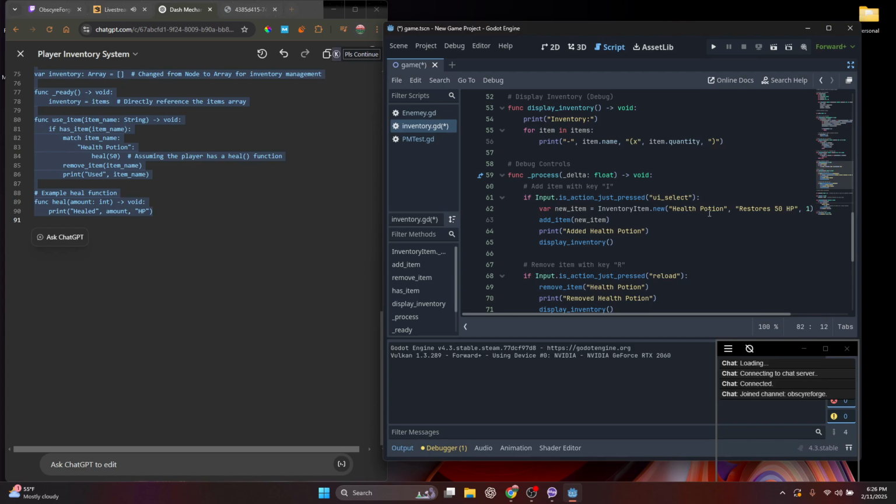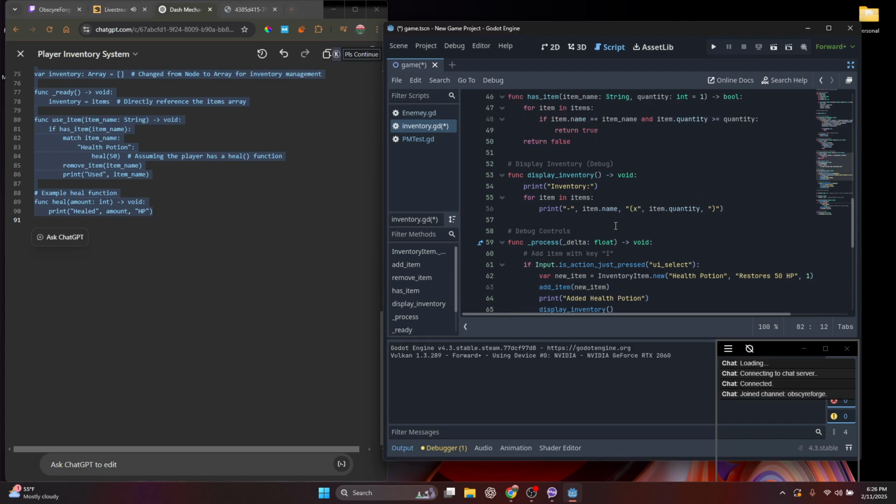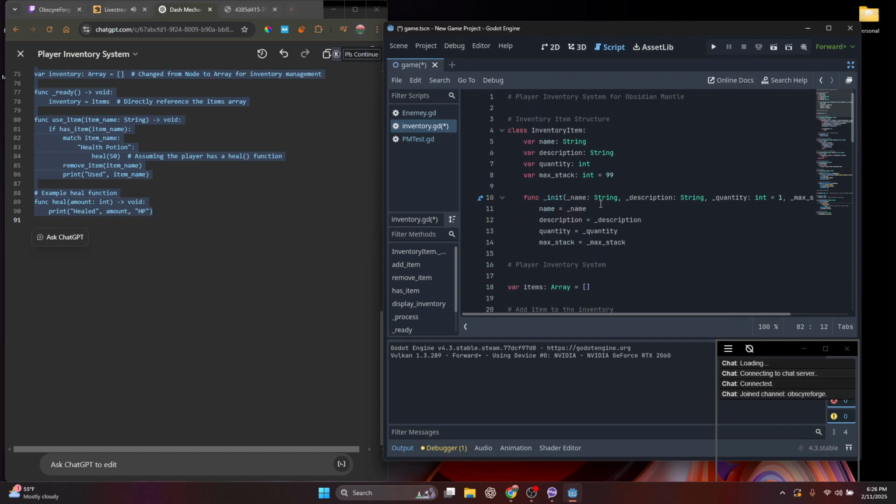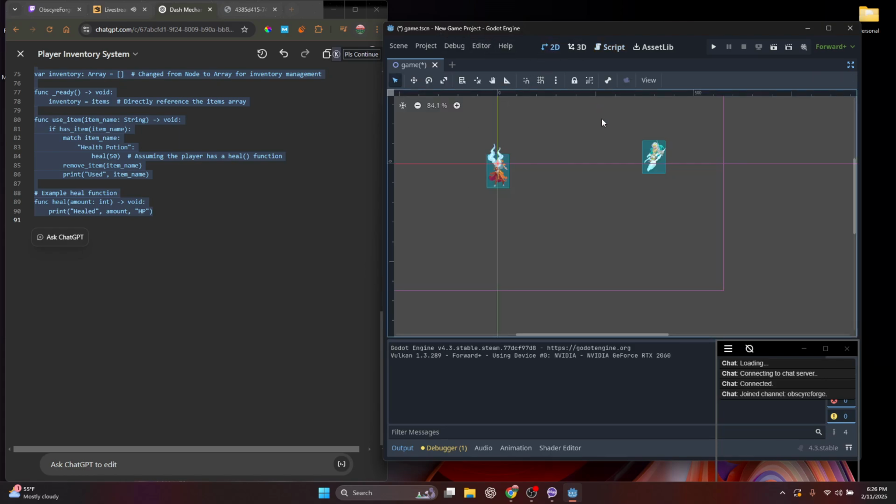Not too worried about testing the potions either. I'm just curious to see what happens with our inventory, if it actually returns anything. It probably won't, but